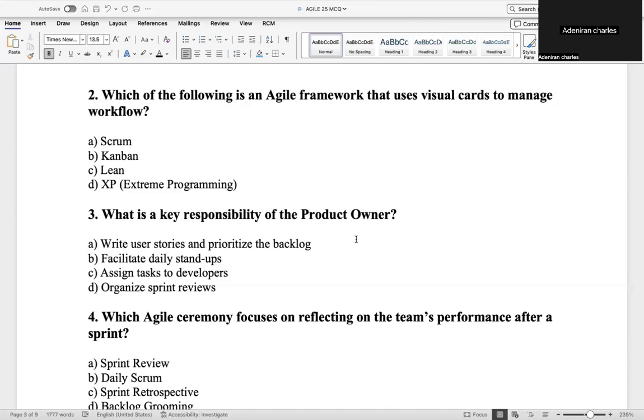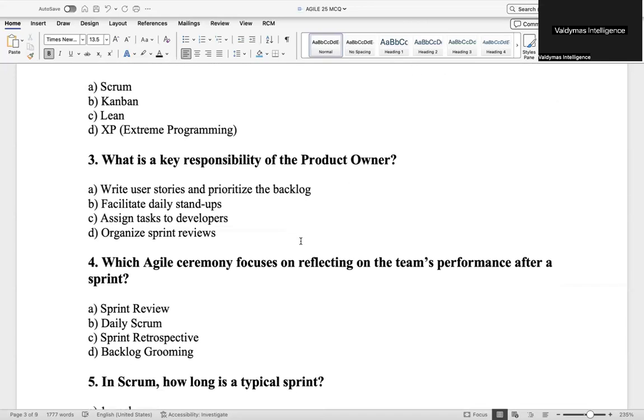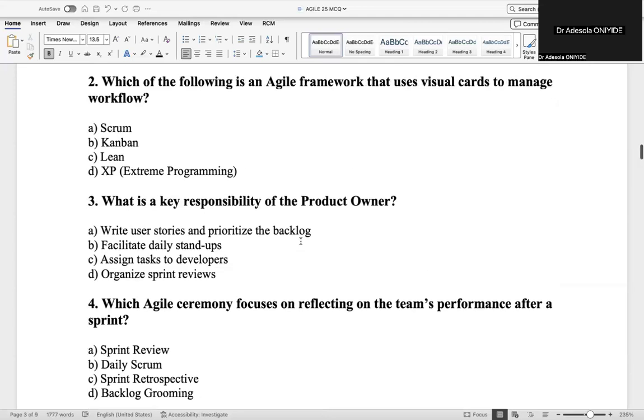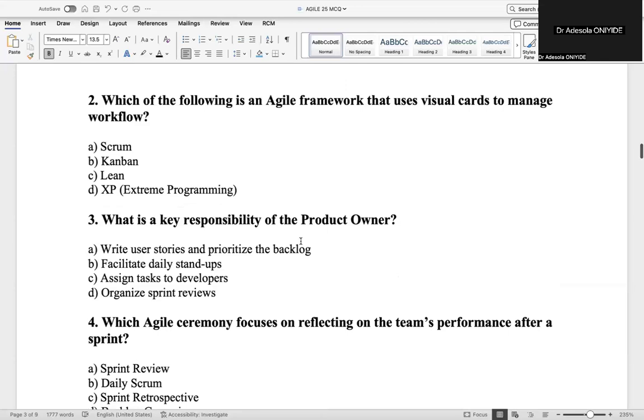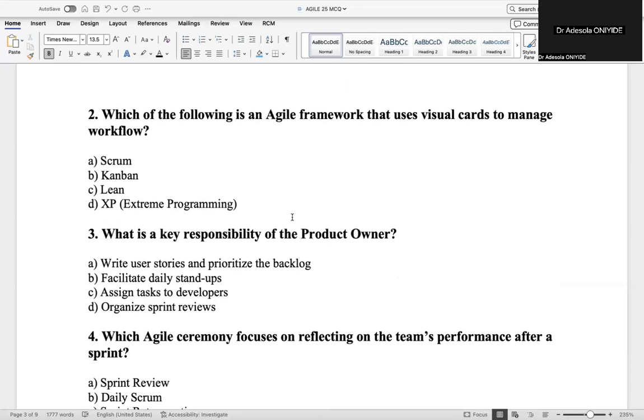Okay. Okay. So the next one, what is the key responsibility of the product owner? Sorry, before moving to the next one, since all these are still related to Scrum Master, can you explain Lean